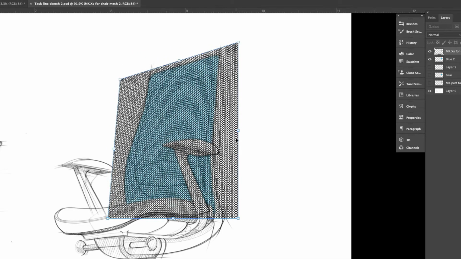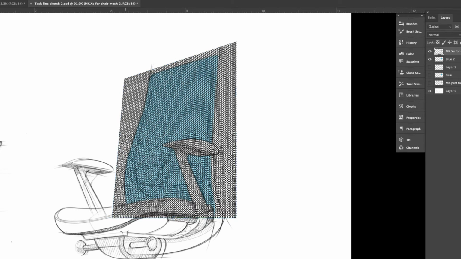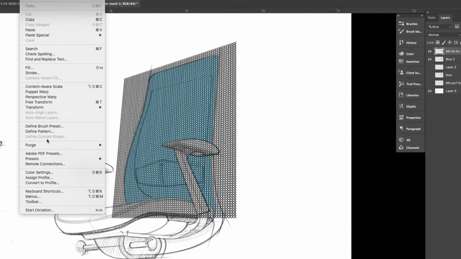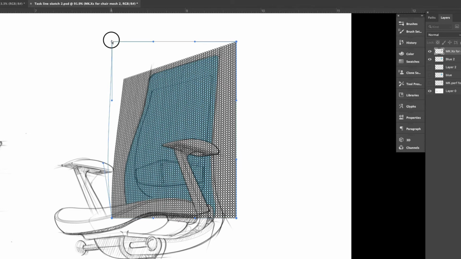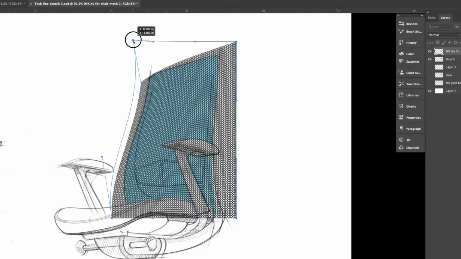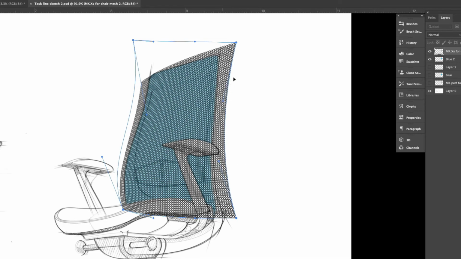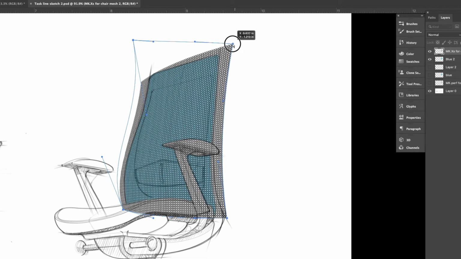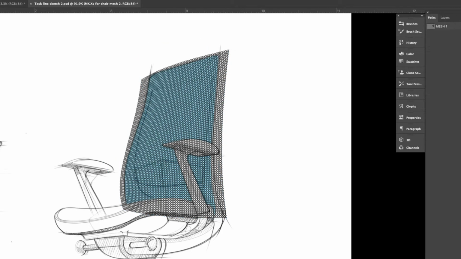That's going to allow you to manipulate it, and distort it and warp it like we're going to do just now. So here's the distortion, and basically all that does is really put our pattern into perspective. We're going to place that and set it, and now we're going to go back to transform, and we're going to choose the warp function. And so that really allows us to push and pull that fabric to conform to the more organic form of that backrest. So you can see here I can pull the anchor points, I can manipulate them,